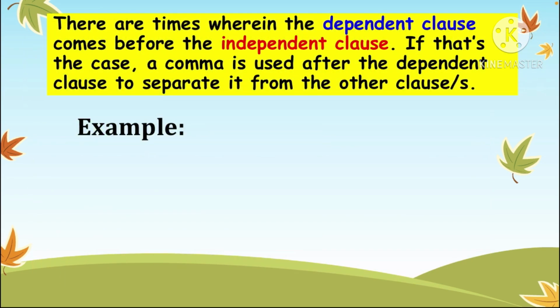There are times wherein the dependent clause comes before the independent clause. If that's the case, a comma is used after the dependent clause to separate it from the other clause or clauses. Example: